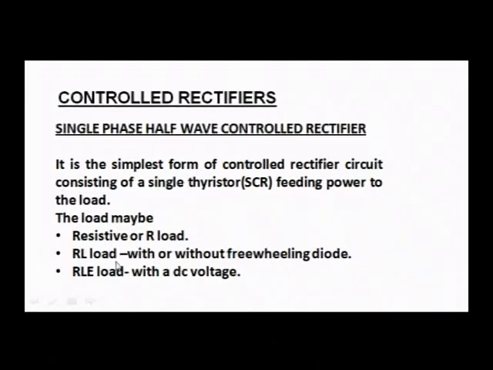So, it is called RL load, and this RL load can be without a freewheeling diode or with a freewheeling diode. The freewheeling diode is used for discharge and charging purposes. Anyway, let us not talk much about it. Then there is the RLE load, wherein I connect a resistance, an inductance, and this E tells me I am going to connect a DC voltage also. One more extra DC voltage I am giving in the load circuit.